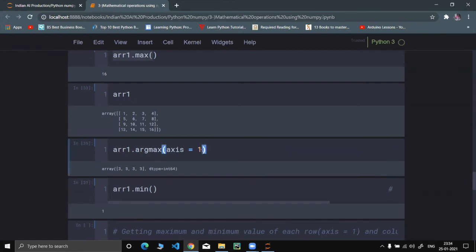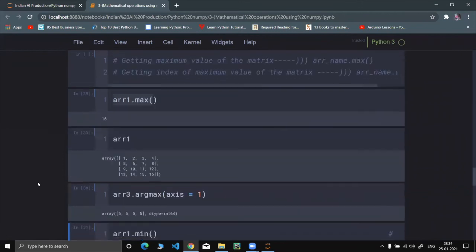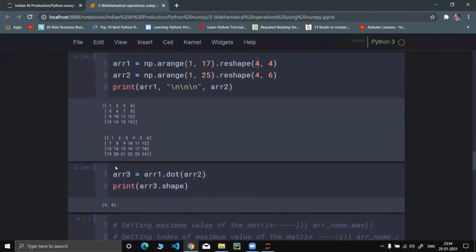Now, what if I put it over here as 0? Let's check with this. Now see, the fifth element of the multiplied matrix.